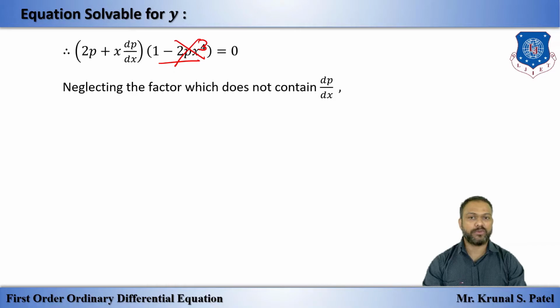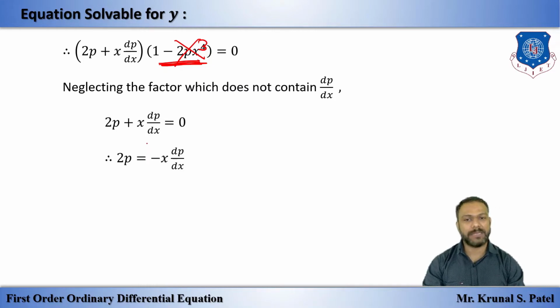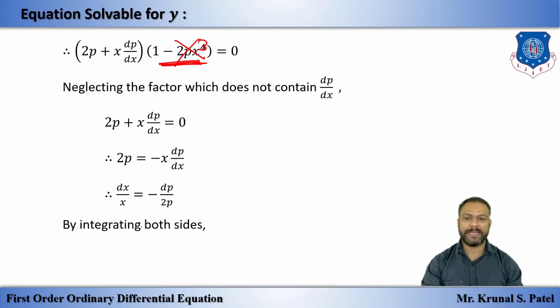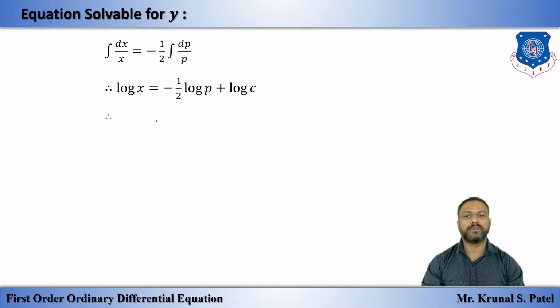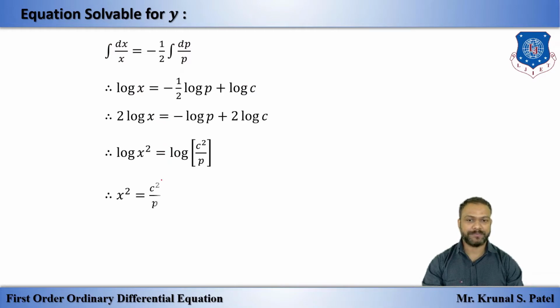Okay, so we are not using this. If we use this, then we will get the singular solution, and here we need only the general solution in our course. That's why we will take this equal to 0, and then by variable separable we have this, and by integrating both sides we have the final general solution by simplifying this. Okay, so we have the final answer of p in terms of c square, c and x.